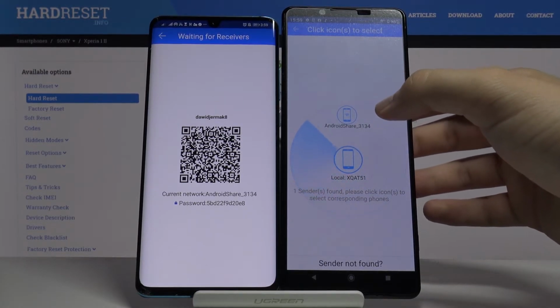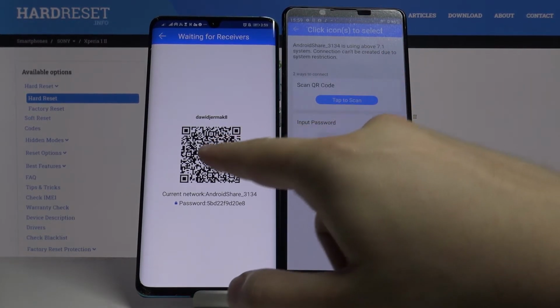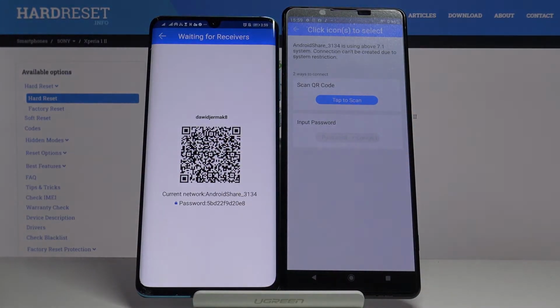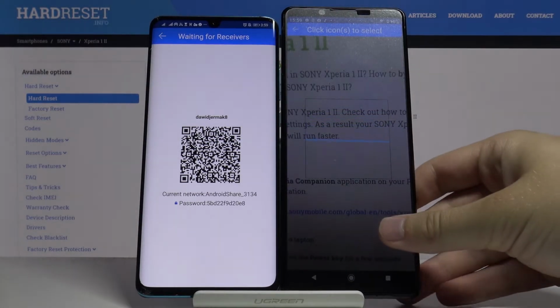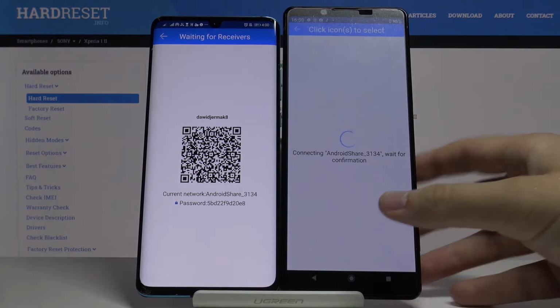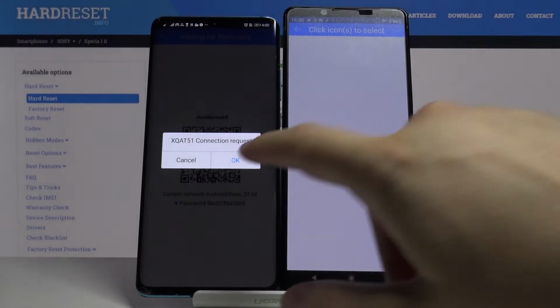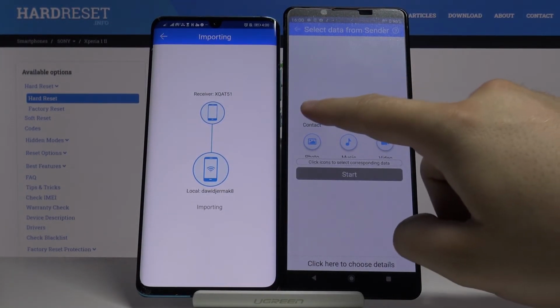This is our Android phone, so click on it, and we have two ways to connect. We can scan the QR code, but we can also input this password manually. So you have to pick your way. I'm going to scan the code, click on it, then tap allow, grab your phone, put the frame into the QR code, accept the request, and right now if you want to send everything, you have to click on all of these